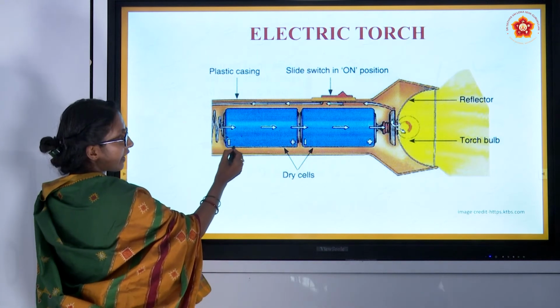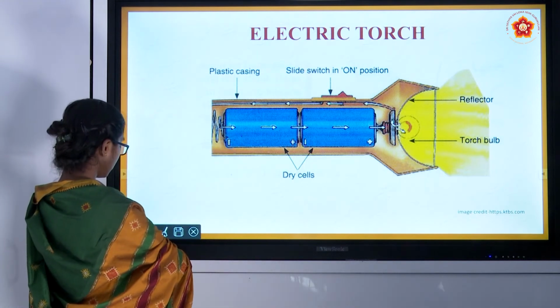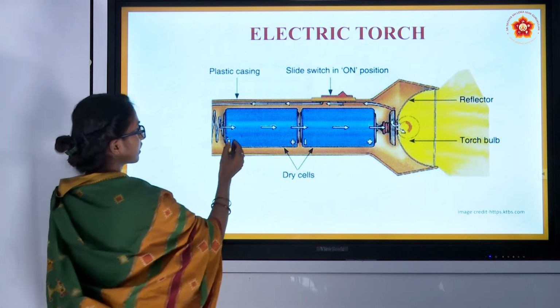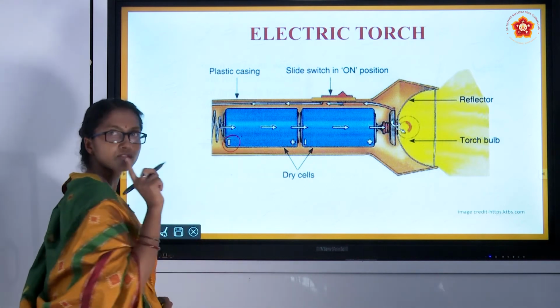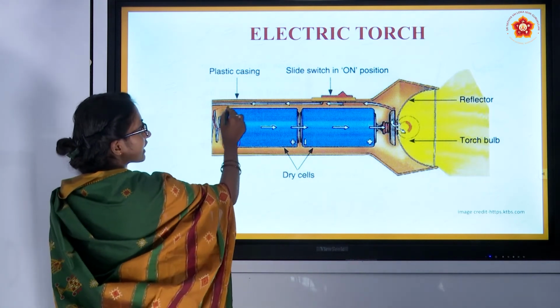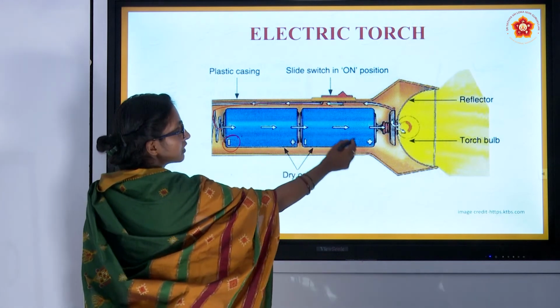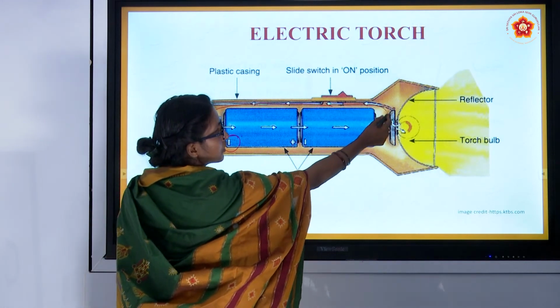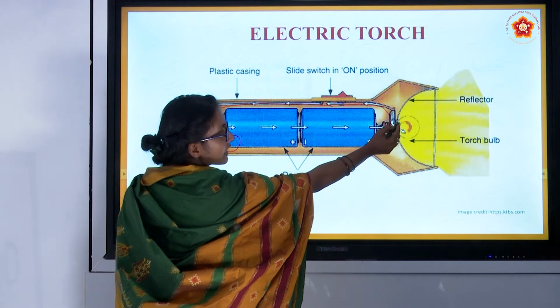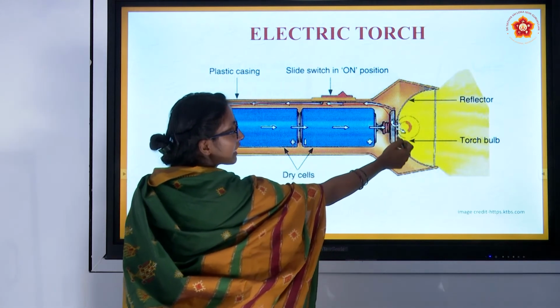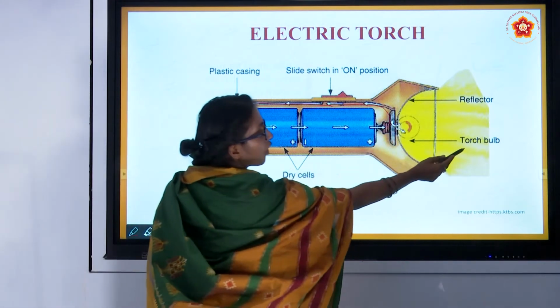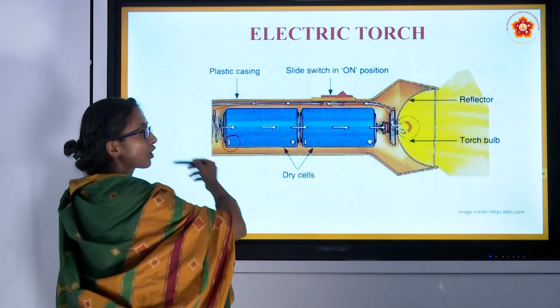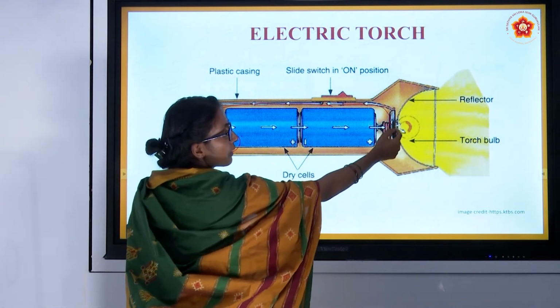Let me change the color. This negative end of one battery is connected to the electric bulb. Here you can find the electric bulb. See, it is written torch bulb. This is a torch and here the bulb is placed.